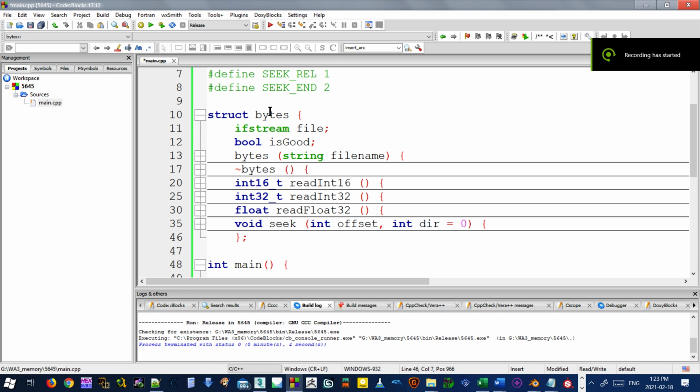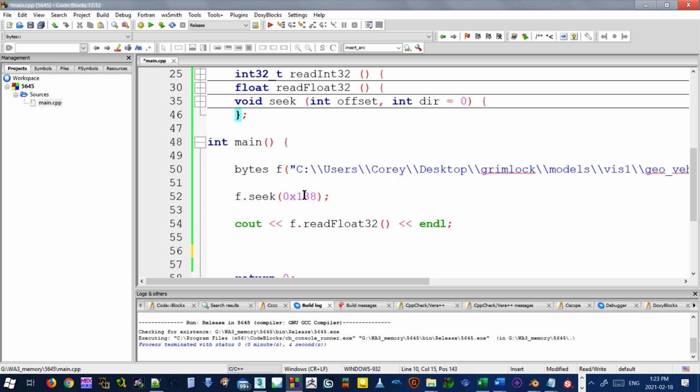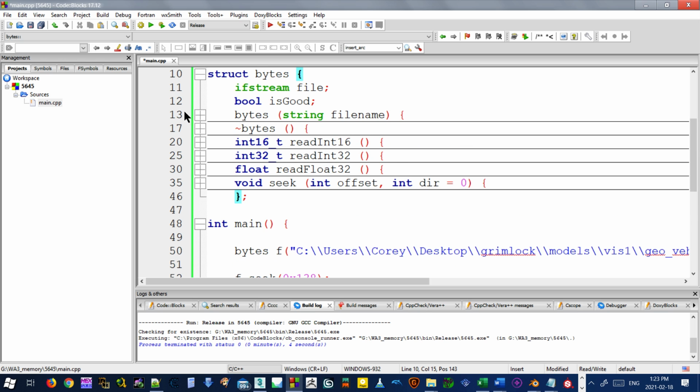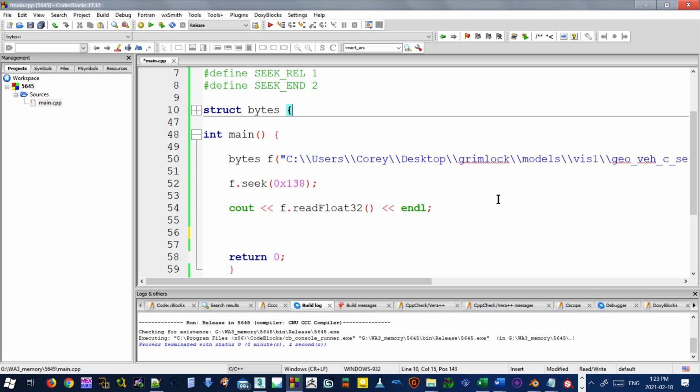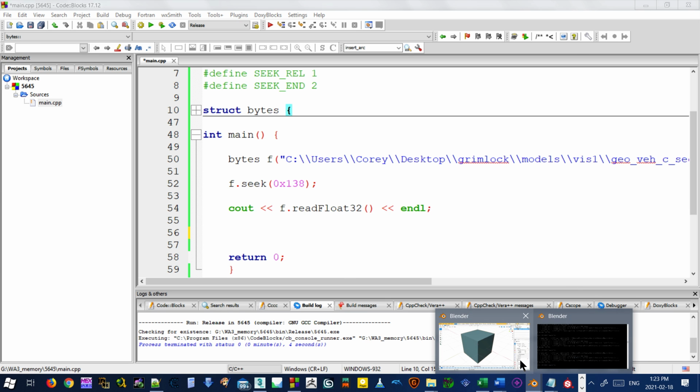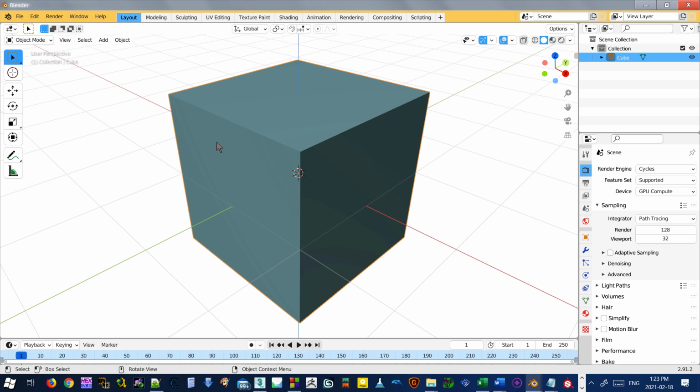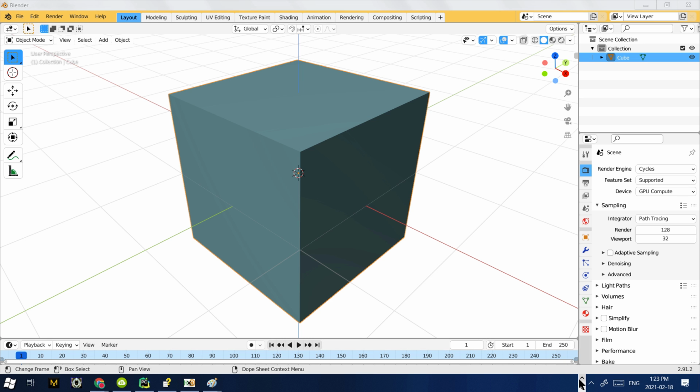Okay, so in the last video we wrote a class to handle reading the file and returning values for us. So now we can use this byte class to read bytes from the file, such as reading the vertices and the faces, and then we're going to write them to a file that we're going to be able to open in Blender. So we're going to be saving it to an OBJ format,